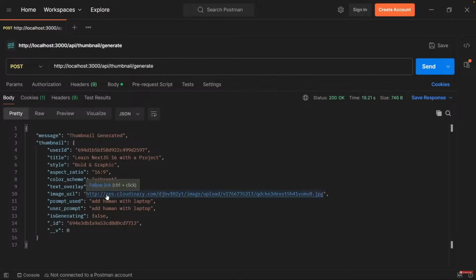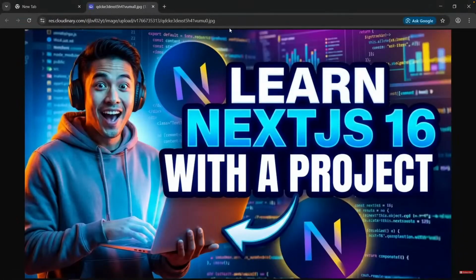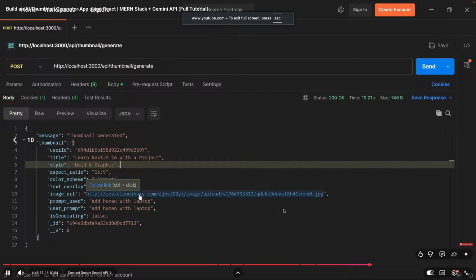And you can see this URL, it is res.cloudnerdy.com. It means our image is generated and uploaded on Cloudnerdy. So let's open this link. I'll press Control and click on this link. Now our thumbnail is open in web browser. You can see it is uploaded on